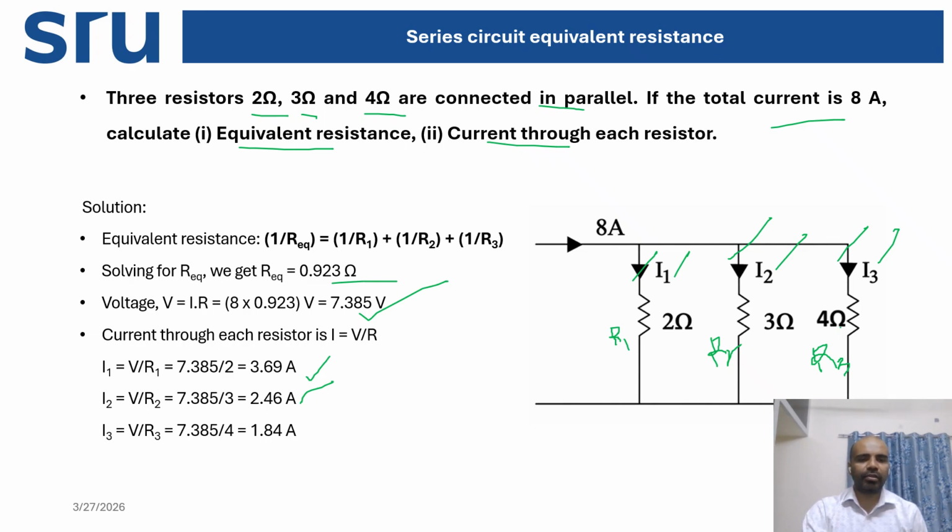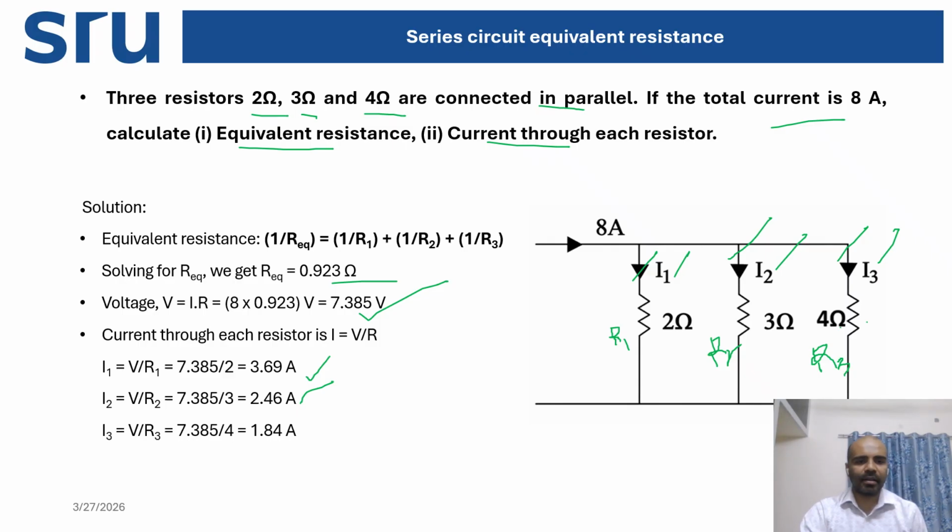Which is equal to 3.69 ampere for the 2 ohm resistor. This amount of current is flowing through this 2 ohm resistor. 2.46, this amount of current is flowing through the 3 ohm resistor, and 1.84, this amount of current is flowing through the 4 ohm resistor. So if you add these three currents I1, I2 and I3, then you will get